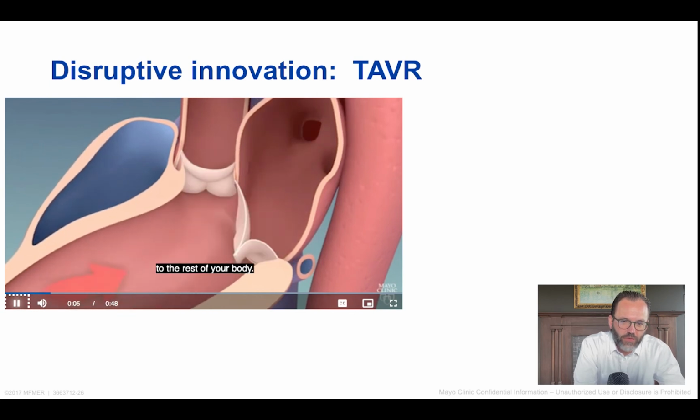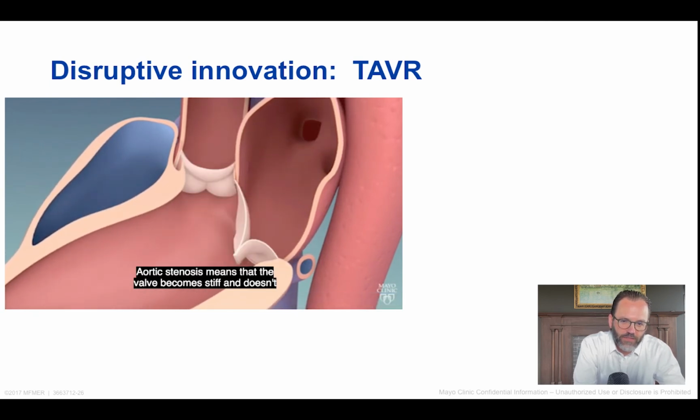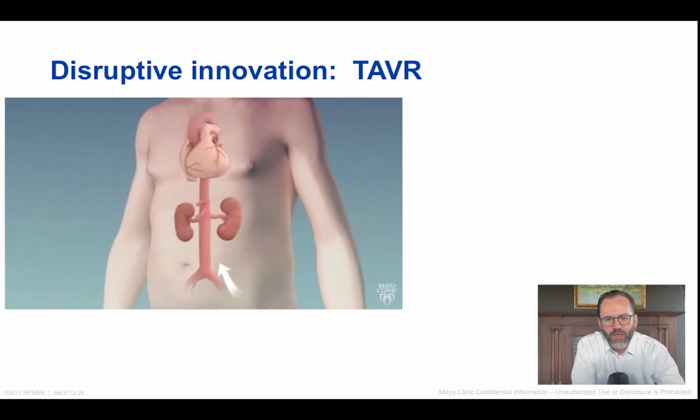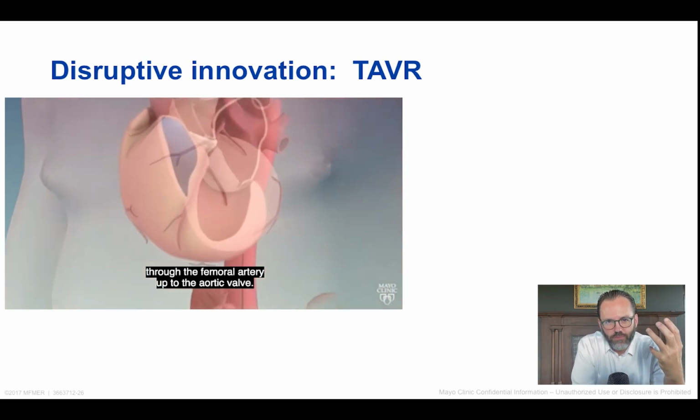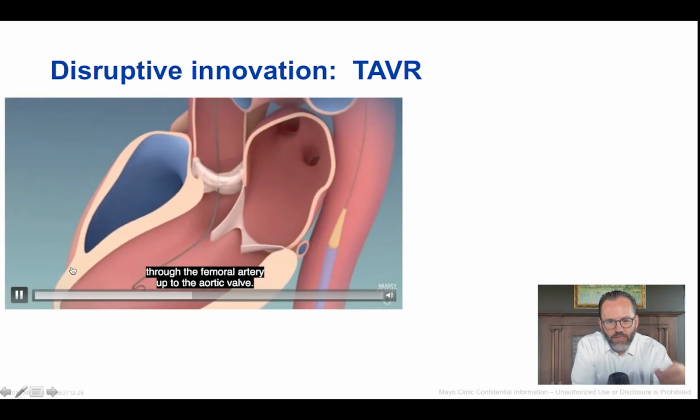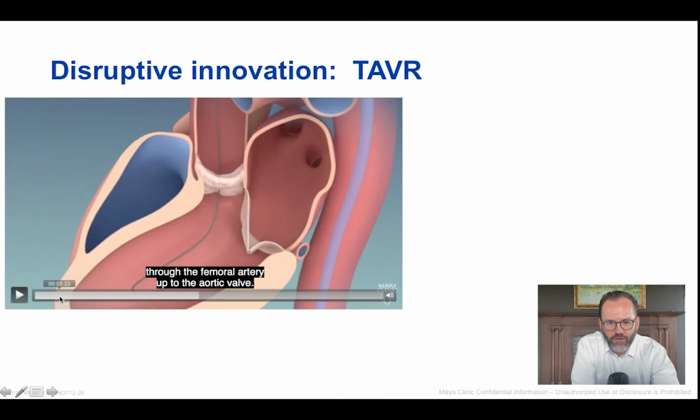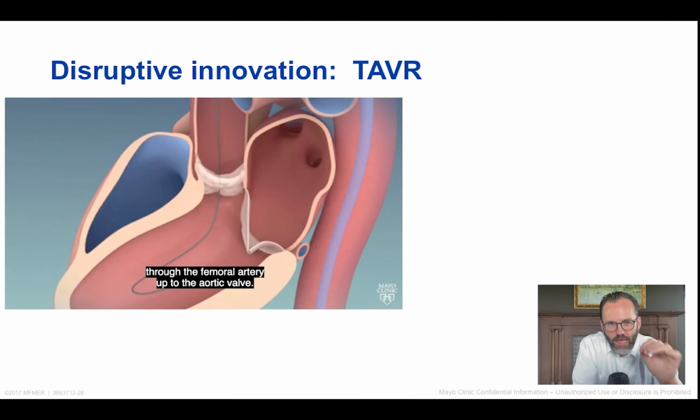So you can see here in the normal aortic valve, the aortic valve opens up nice and widely, and blood is pumped out through a low resistance system into the circulation. You can see with aortic valve stenosis, the valve thickens, and it becomes much more difficult to pump blood out to the circulation. Now, instead of having a surgical valve replacement, which requires open heart surgery, with transcatheter valve replacements,